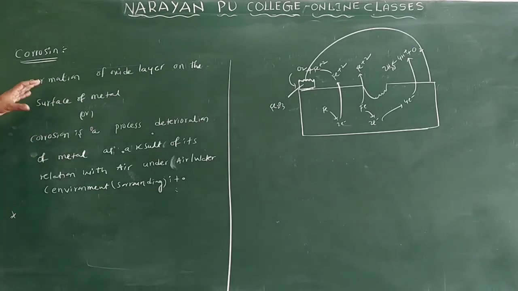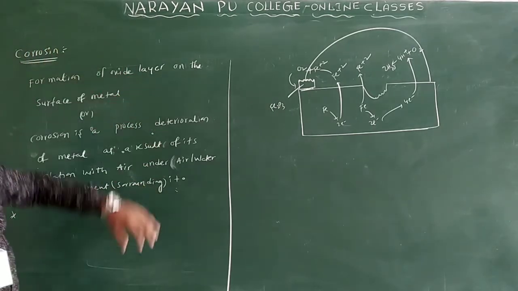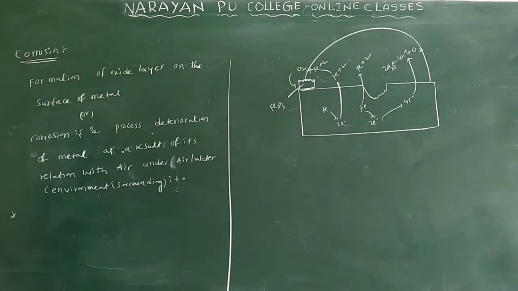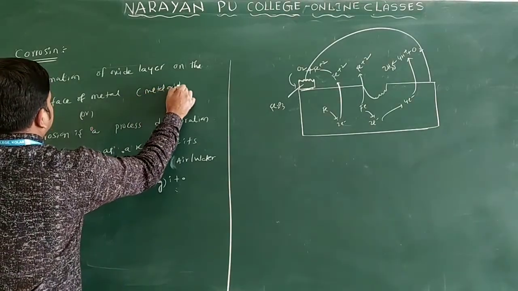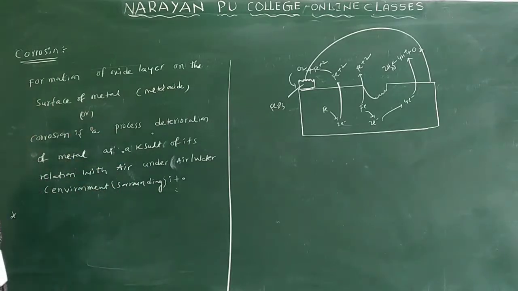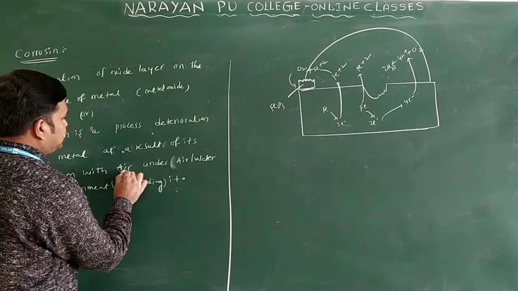Now see the simple definition: the formation of an oxide layer on the surface of the metal. What is formed here is a metal oxide. One more definition: corrosion is a process of deterioration of a metal as a result of its reaction with air